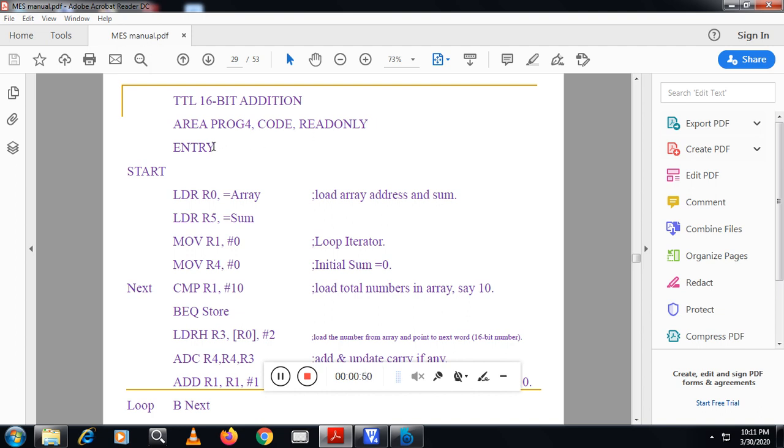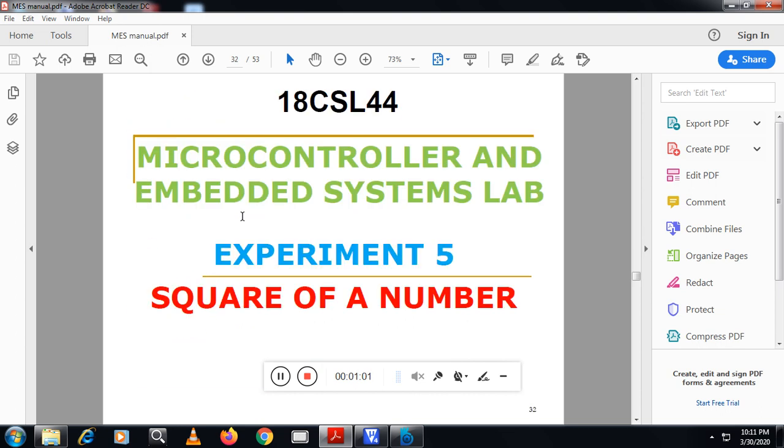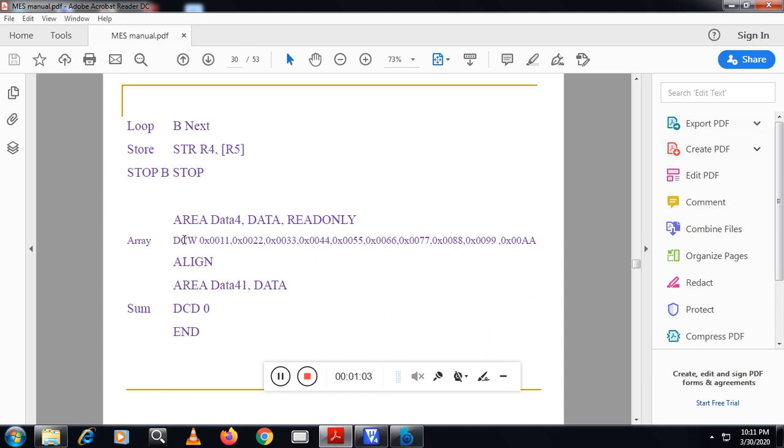The program starts with ENTRY. Here we are loading the address of the array and the address of the sum location. What is this address of the array and address of the sum location? You can see here we have defined two areas. One area is for storing the numbers in an array, and one area is to store the result,